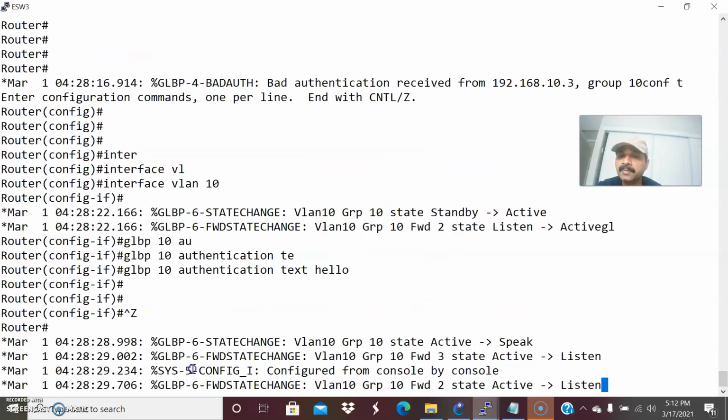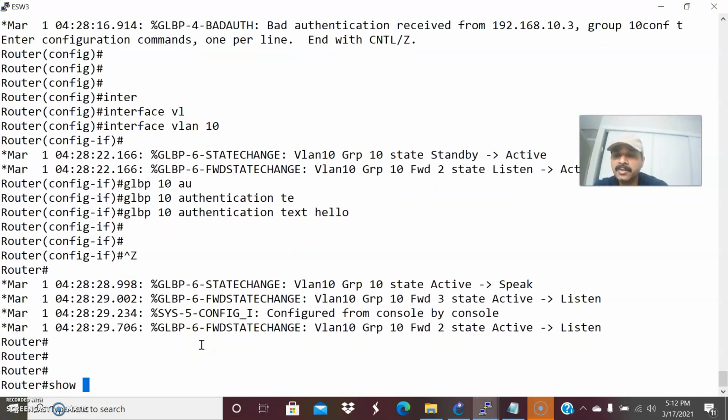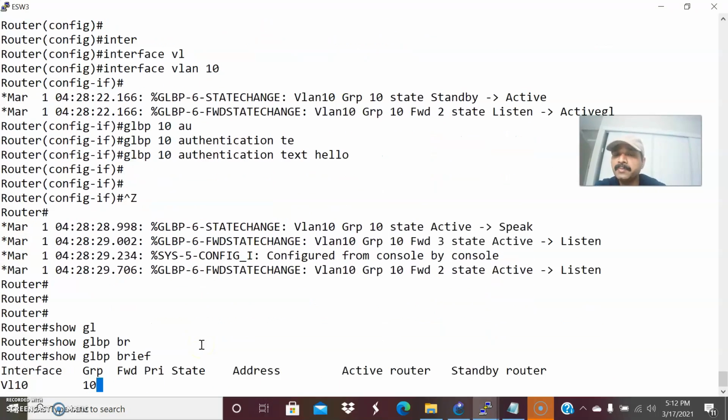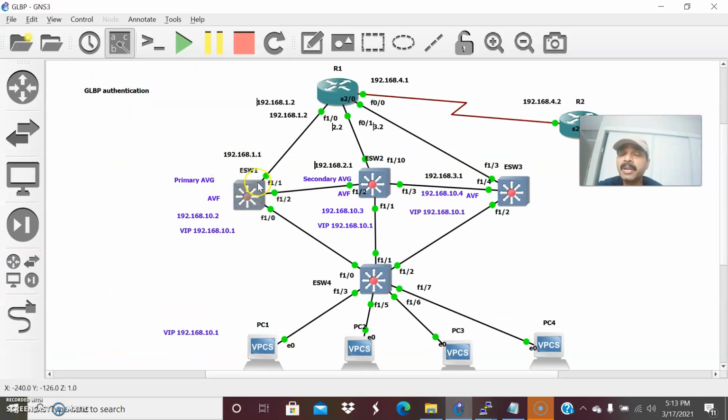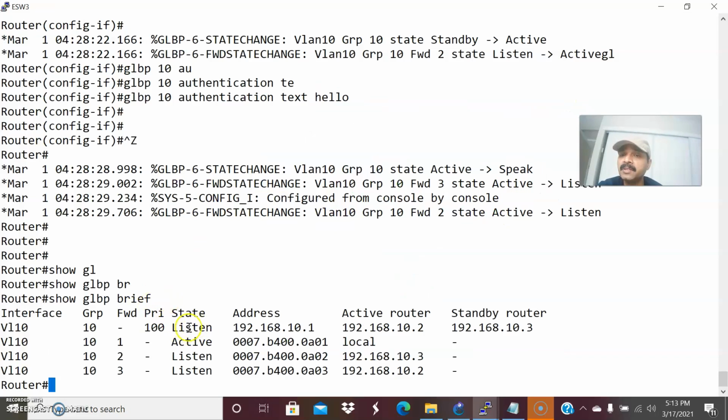Let us see the third router. It should be active for 01. Show GLBP brief. Yes, it becomes active for 01. Another thing to keep in mind: this becomes the primary AVG, this becomes the secondary, and this third router will be in the listening state.